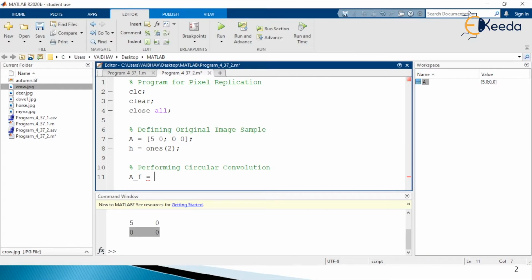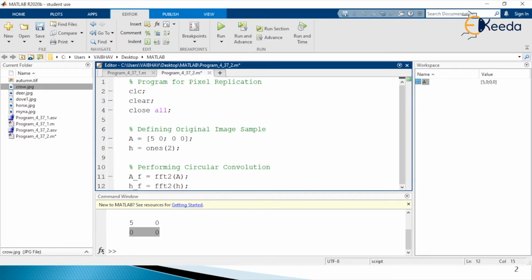So we are going to make use of fft2, the MATLAB syntax for performing the forward Fourier transformation here, and we are providing capital A as the input argument to this MATLAB syntax. For the impulse function, we have its transformed version denoted by h underscore f in small casing, and here also we are going to make use of the MATLAB syntax fft2, and the input argument is small h here, ending the syntax with a semicolon.